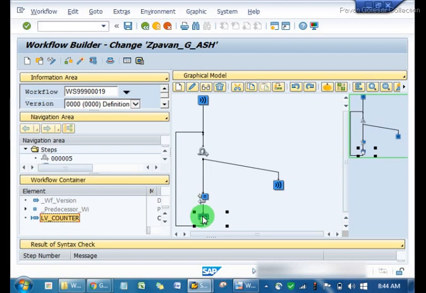So in various business scenarios, this situation might occur that, let's suppose, some work item needs to be created. Work item is nothing but an object in the business workplace, SBWP. That we have business workplace. That is a work item. Okay, so we'll see how this whole scenario is done. We'll also see how to debug and test.